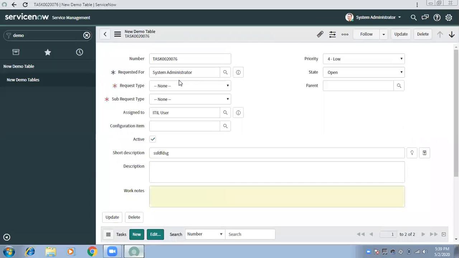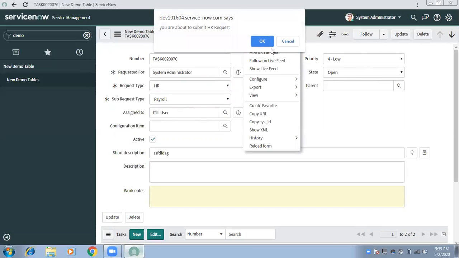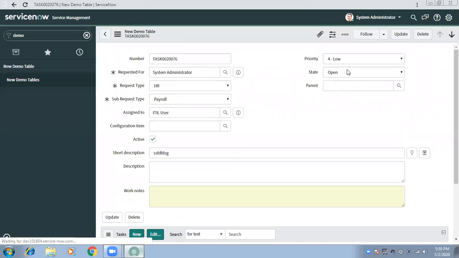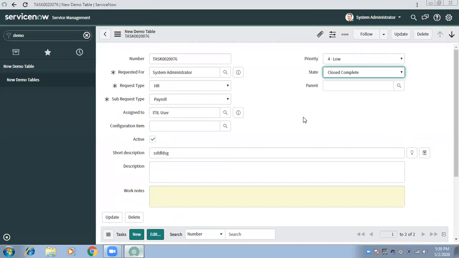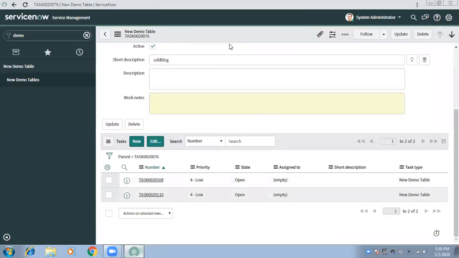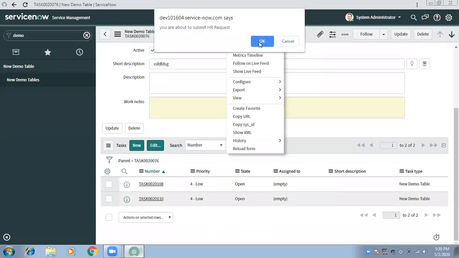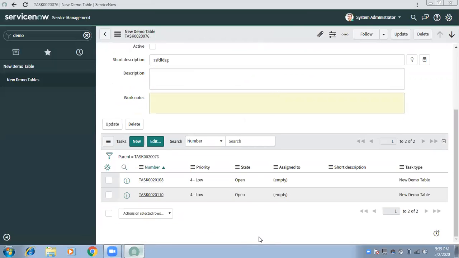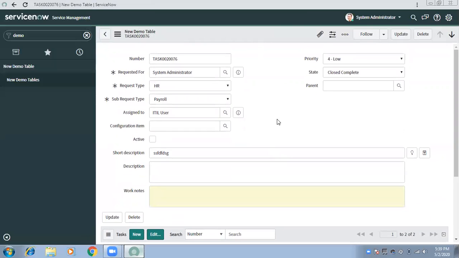My requirement is that if I close the parent one, the child ones should close too, or if I am resolving the parent one, the children should resolve. If I close-complete this one, both of these should get closed-complete. Right now, if I do that, it will not happen. See, they are still in open state. This kind of requirement you may get.